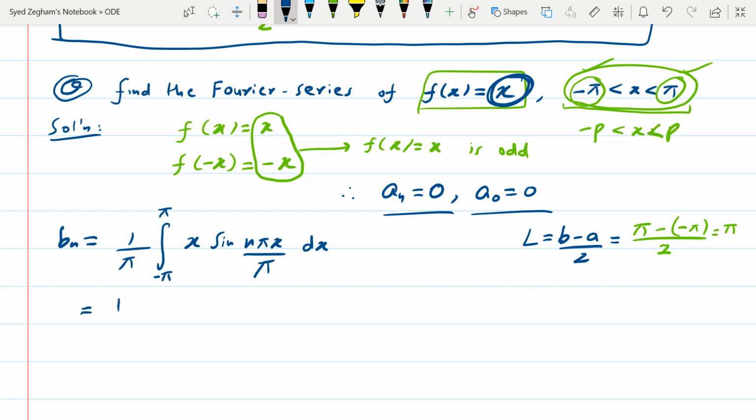In simple terms, this will become 1 over pi integral minus pi to pi x sine nx dx, because here this pi will get cancelled with this pi, right? Okay, so before we put the values,